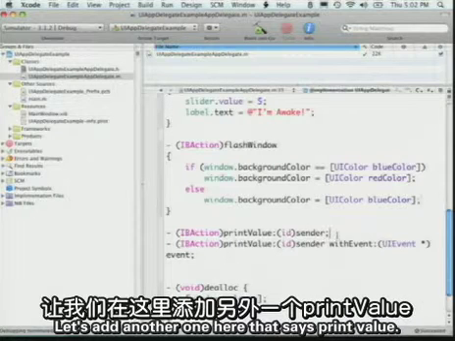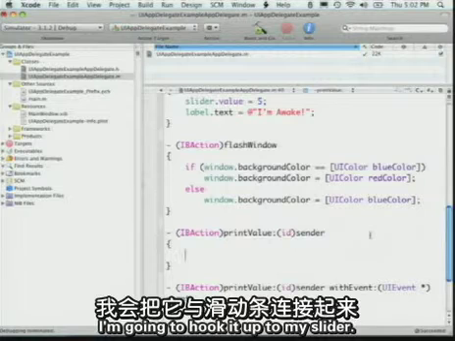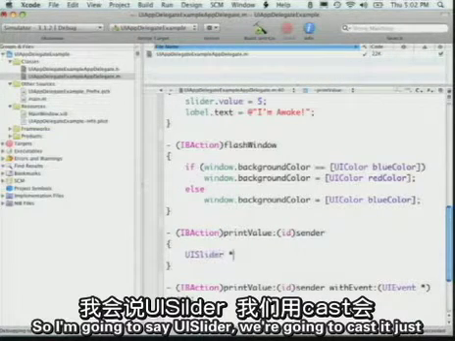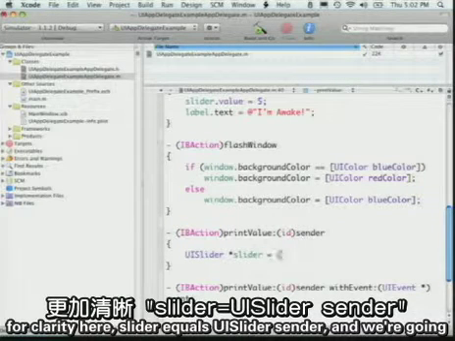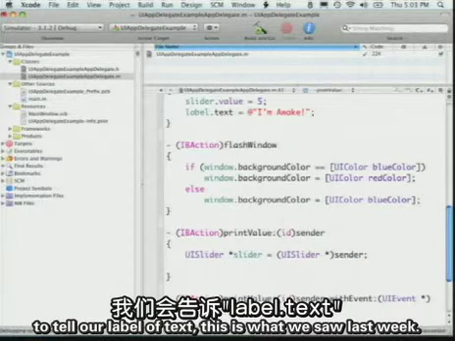Let's add another one here that says print value. So this one takes one argument, which is the sender. I'm going to hook it up to my slider, so I'm going to say UI slider. We're going to cast it just for clarity here. Slider equals UI slider sender. And we're going to tell our label of text